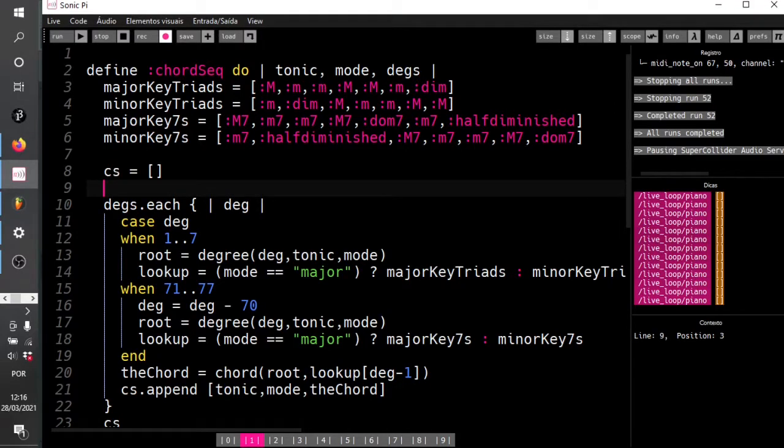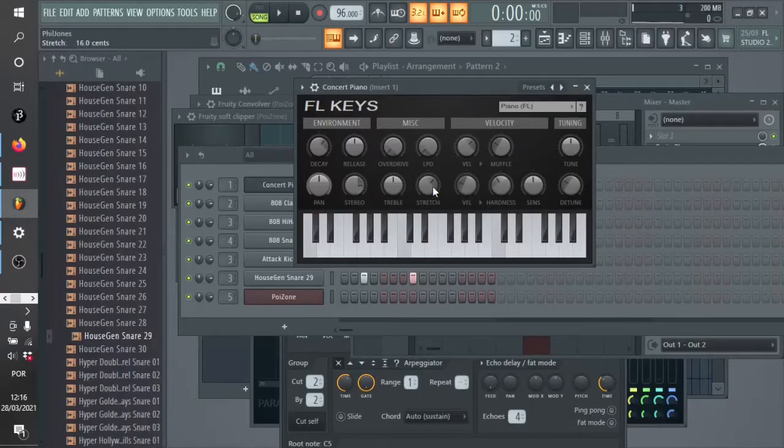So that's the piece of information which we have to capture here. And that's what we're doing in these arrays. Like the major key triads, I'm saying the 1st degree is a major chord. The small lowercase m is a minor chord. That's the shorthand for it. So that's 1st, 2nd, 3rd, 4th, 5th, 6th degree. Those are obvious. When we come up to our 7th degree, this one here,